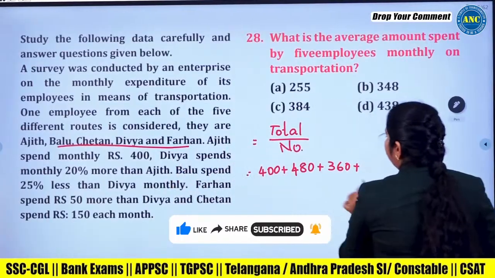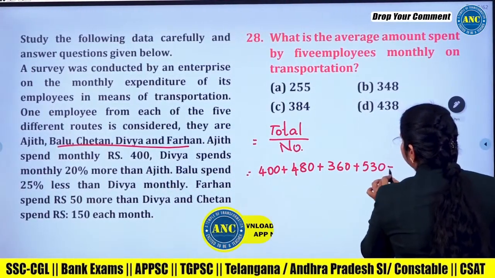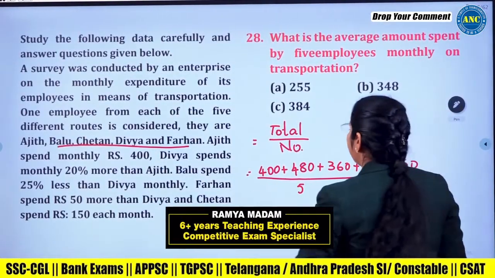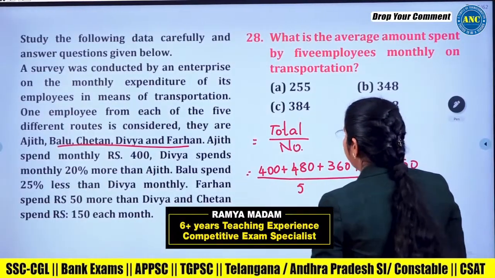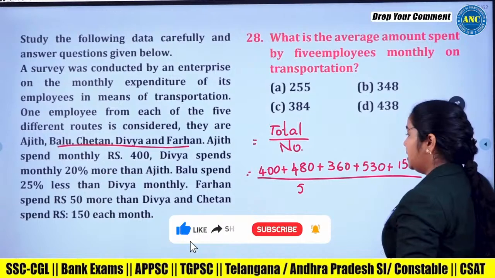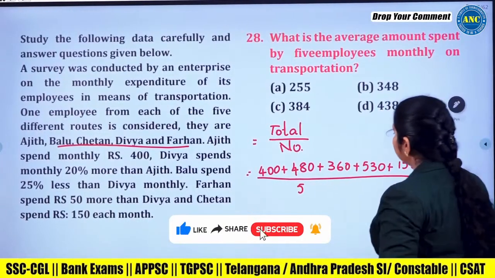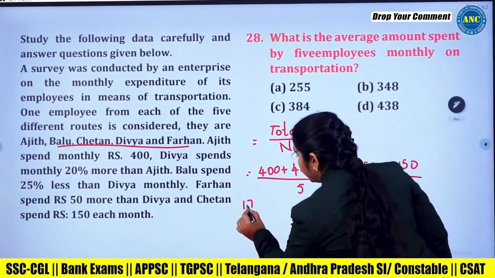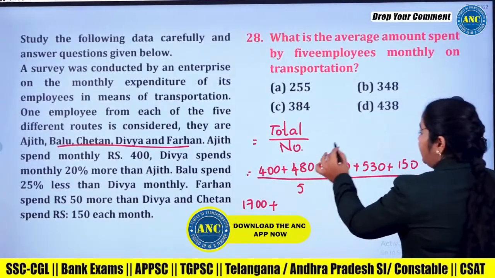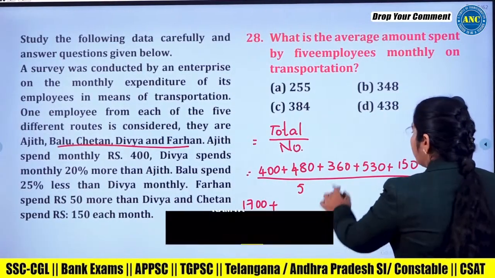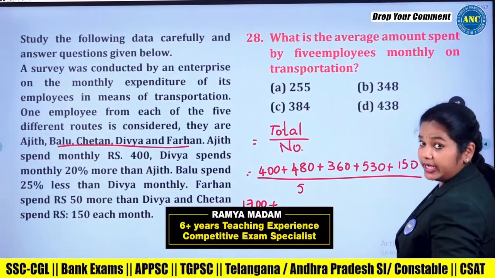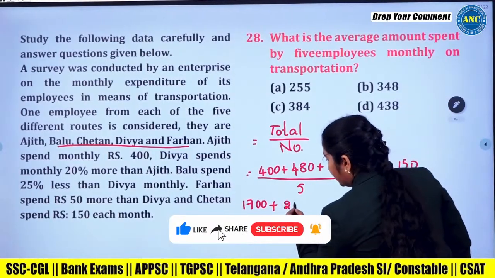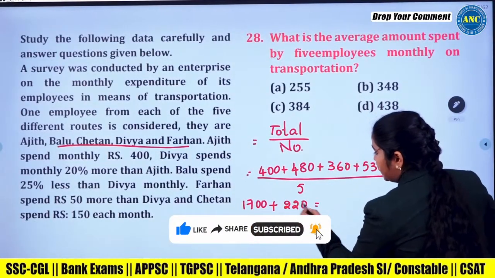Next, Farhan we got 530 plus Chetan 150 by 5. Right? Take the value. 400 plus 400 is 800. 800 plus 300 is how much? 1100. 1100 plus 500 is how much? 1600. 1600 plus 100 is 1700. Plus 80 plus 60 is 140. 140 plus 30 is 170. 170 plus 50 is how much? 220. Am I going it right? So 1700 plus 220 is